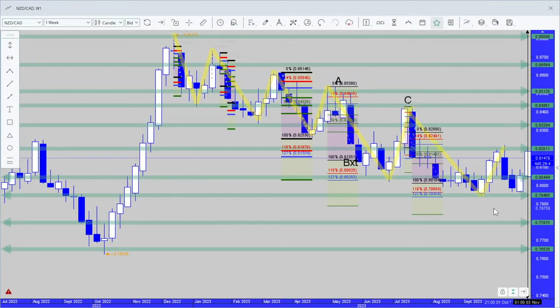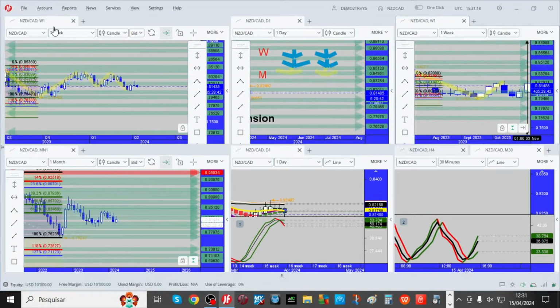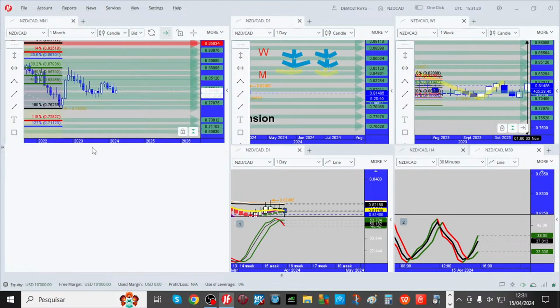This is not a higher high. But even if it was, look at the yellow market wave, makes sense? That's why we need to check market direction